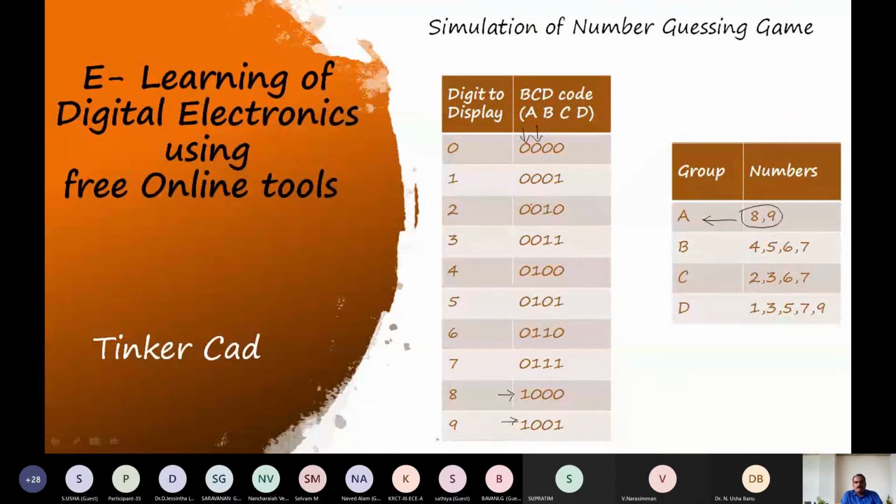In this truth table, B is high at 4, 5, 6, and 7, so I will combine these into group B. Next, column C: the values assigned 1 are 2, 3, 6, 7, which form group C. Then column D, where we check for 1.